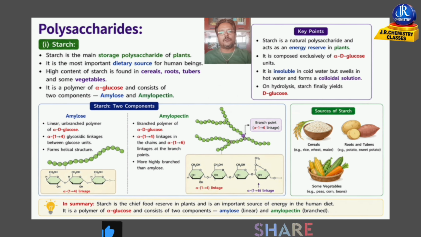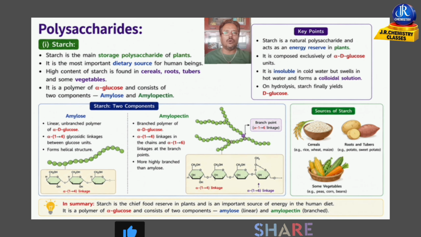The first example of polysaccharides is starch. Starch is the main storage polysaccharide of plants. It is the most important dietary source for human beings. High content of starch is found in cereals, roots, tubers, and some vegetables. It is a polymer of glucose and consists of two components,